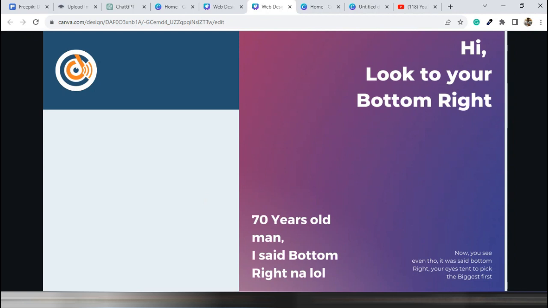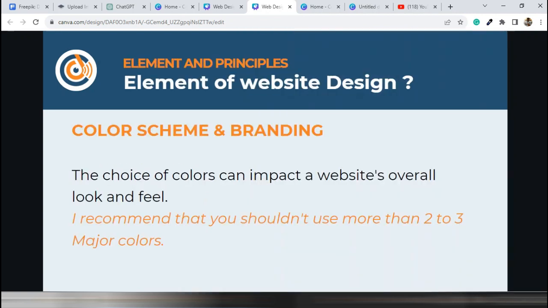Your viewers are most likely going to want to see the body before the heading. Why? Because the heading is not even looking like a heading. So the heading should be bigger, followed by the subheading, and then the body. Okay, now when you talk about color scheme or color and branding, when you are creating a website for a